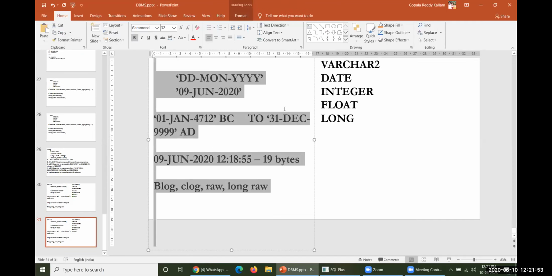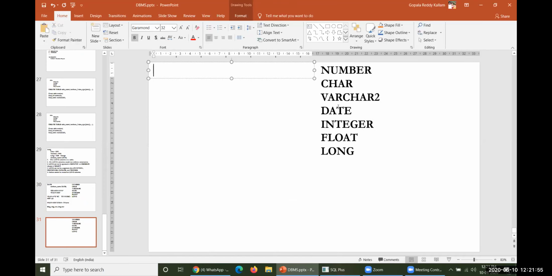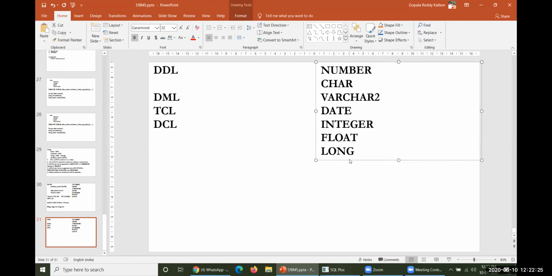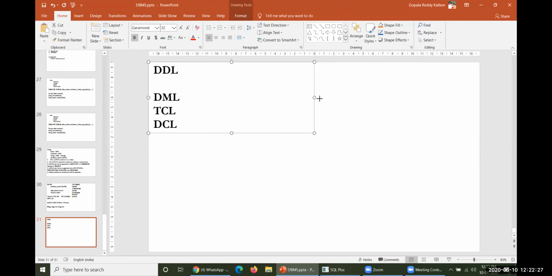As far as Oracle or SQL is concerned, SQL is made up of four different kinds of languages. First one is DDL, data definition language, then data manipulation language, transaction control language, and data control language. Already I have given some information. So what are the commands which are incurred with these different kinds of languages? Already I have given. Let me note it down at this moment also.